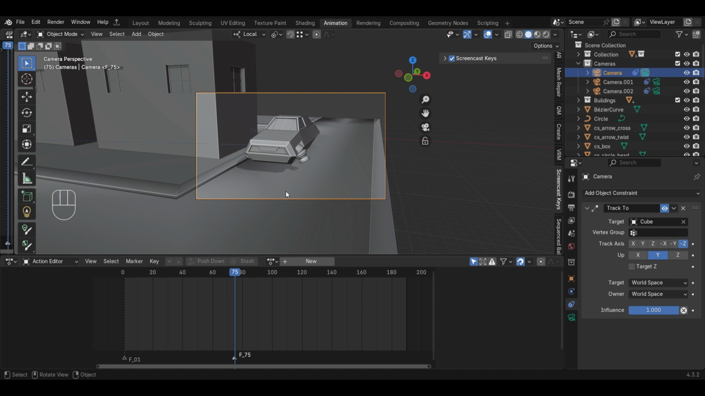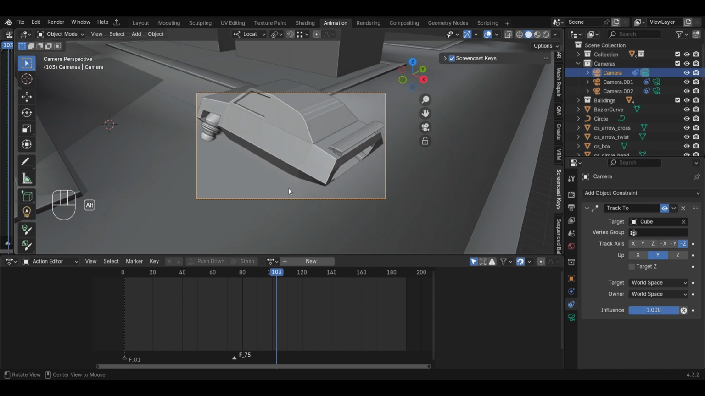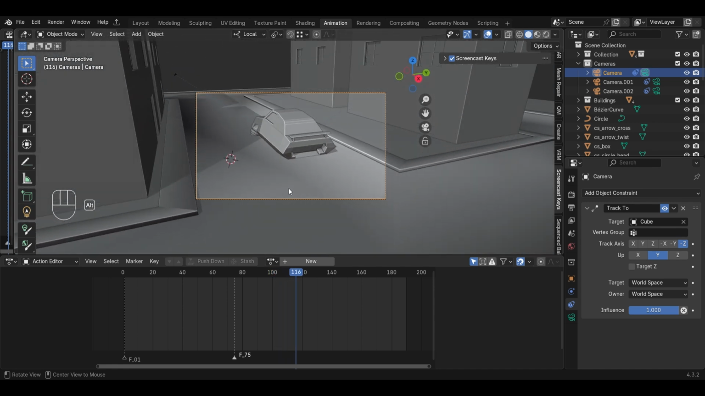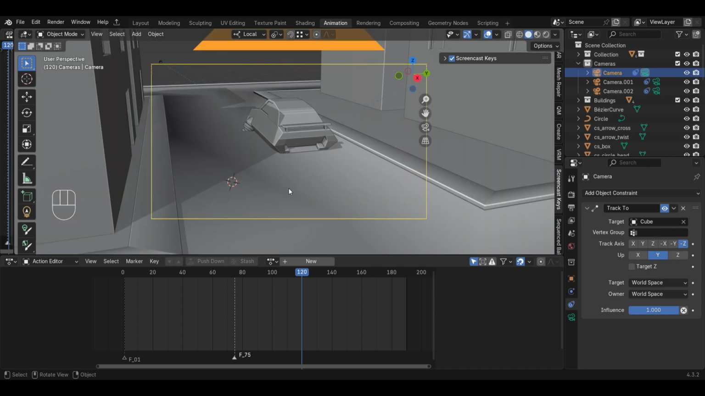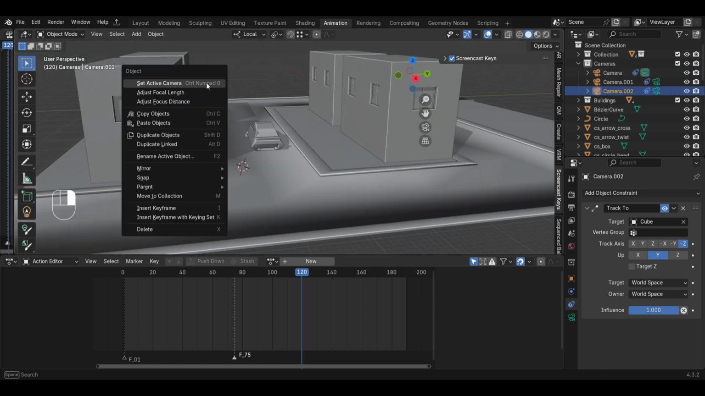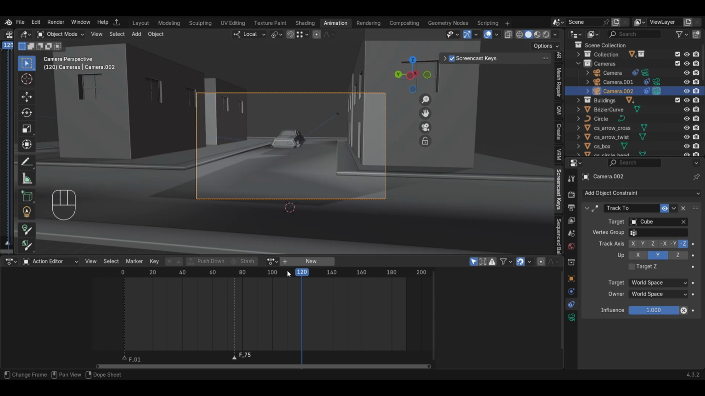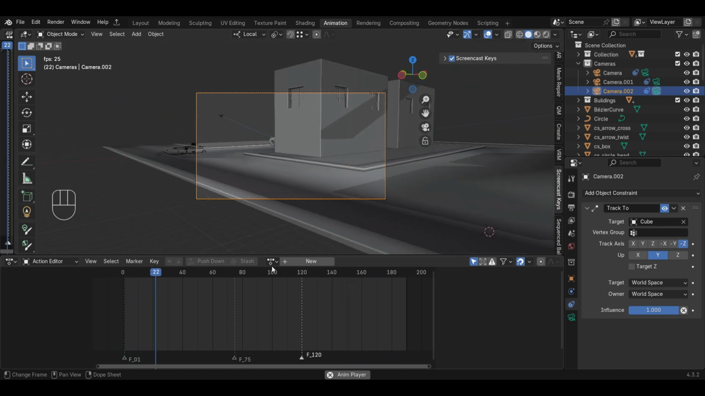I'll go to the next camera and make him active, set as active. And I'll just scrub through this animation to something like this. Then somewhere around here we want it to switch to this camera. So I'm going to select that guy, go to set as active camera, and I'll set another marker over here, M. Now when I play this animation, you see that